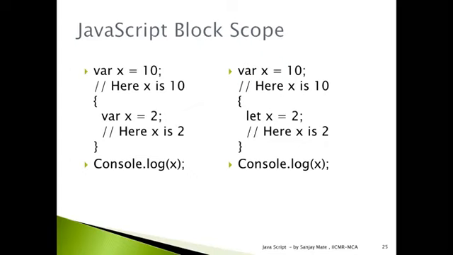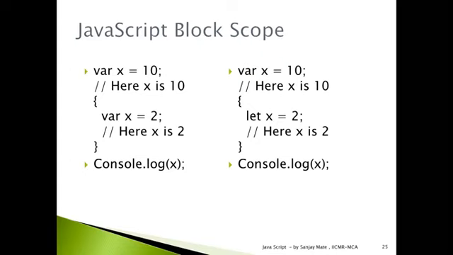This is the problem you will face whenever you are using var. It might happen that you want to use variable x is equal to 10 outside the scope. But whenever you are declaring the same name with var in one block, that 10 gets overridden with 2. So to overcome that problem, we can have var x is equal to 10,